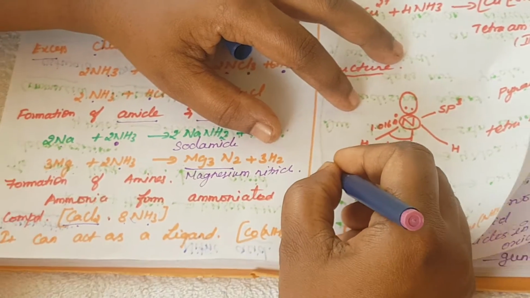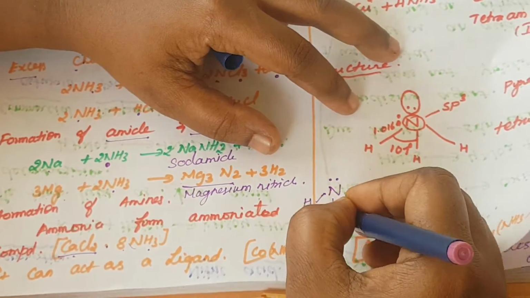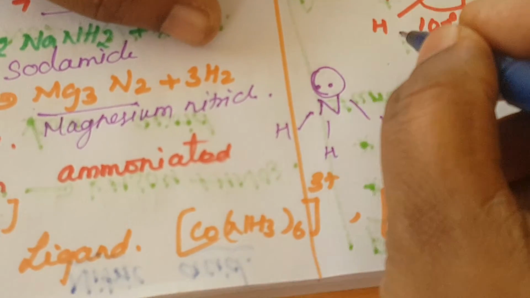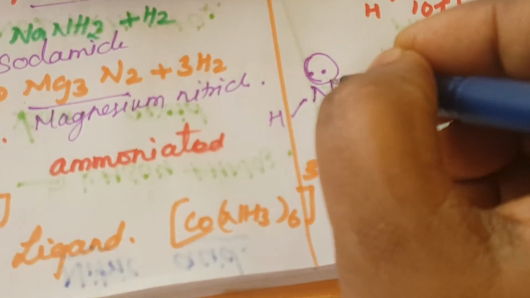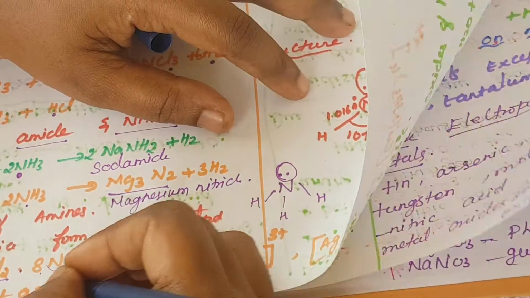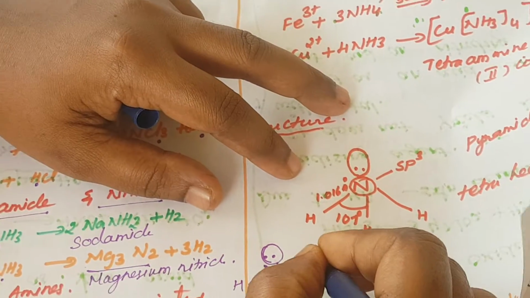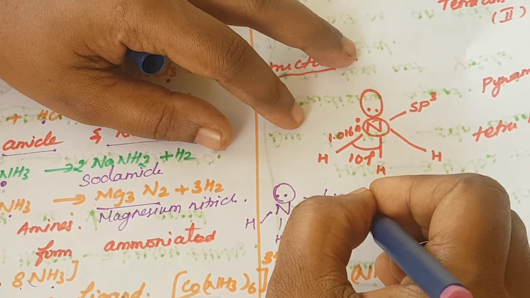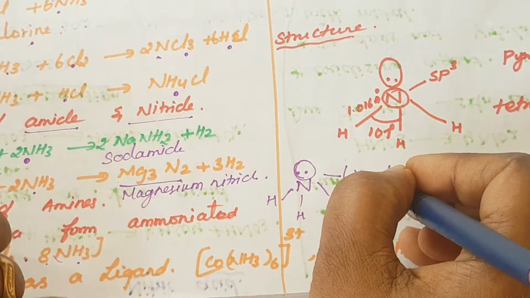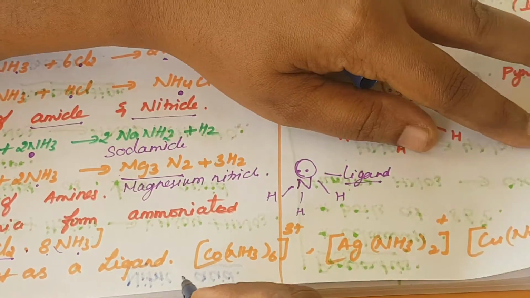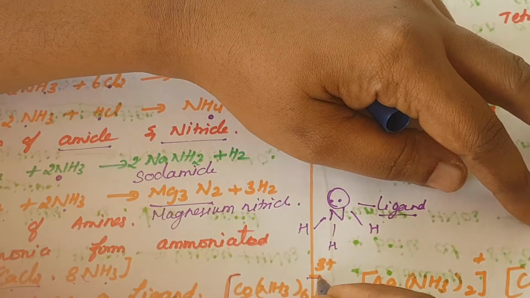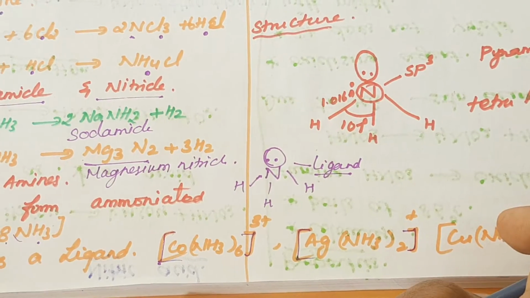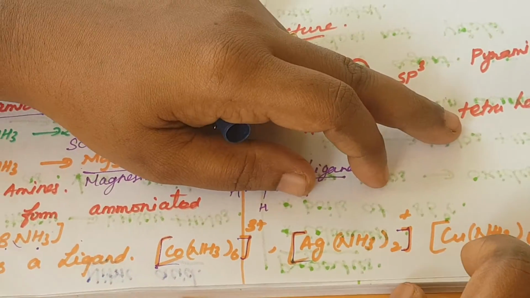We already know that nitrogen has a lone pair, with hydrogen, hydrogen, hydrogen. This lone pair, a pair of electrons, is donated to the other atom to form a bond. The nitrogen has the tendency to do that, so it can act as a ligand. Ligand means donating a pair of electrons to make a bond with the other compound, forming a complex compound. This is called coordination. The square bracket represents a coordination compound. We studied this in the 5th lesson. Okay, so this is an example of a coordination compound.